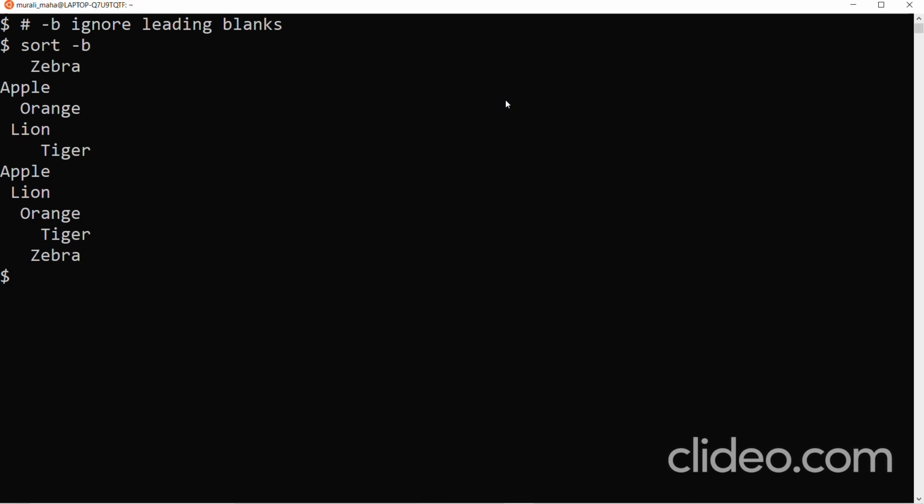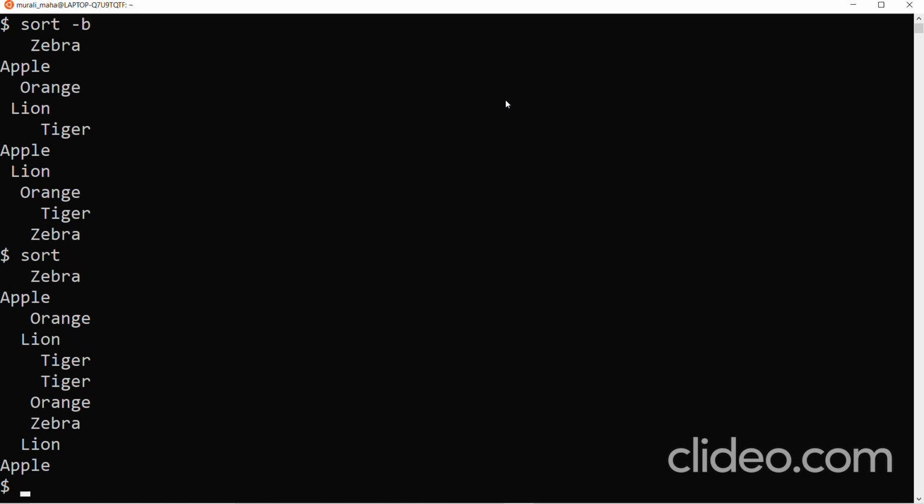If you execute the same command without the -b option, that is without ignoring the leading blanks, and I give the same input: zebra, apple, orange, lion, tiger. Control D. What happens? Tiger was the last input.